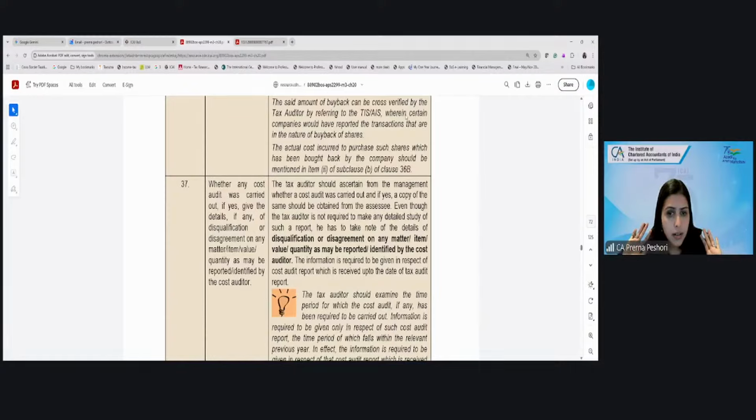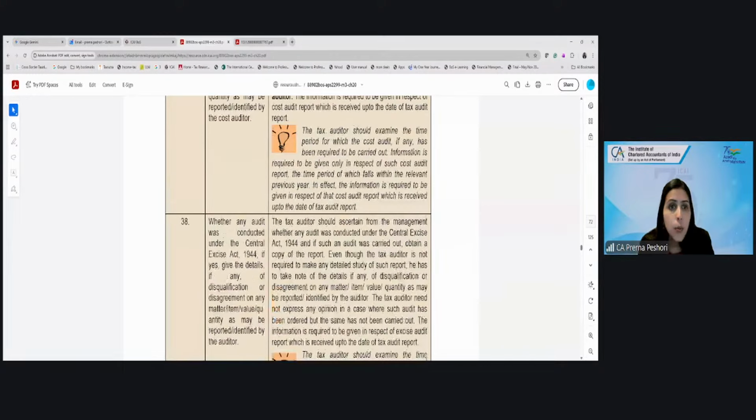Are we clear? Any questions, any doubt? Yes or no? Is this clear? Both the clauses, buyback and this cost audit. Anybody, any questions, any doubt? Okay. Next is